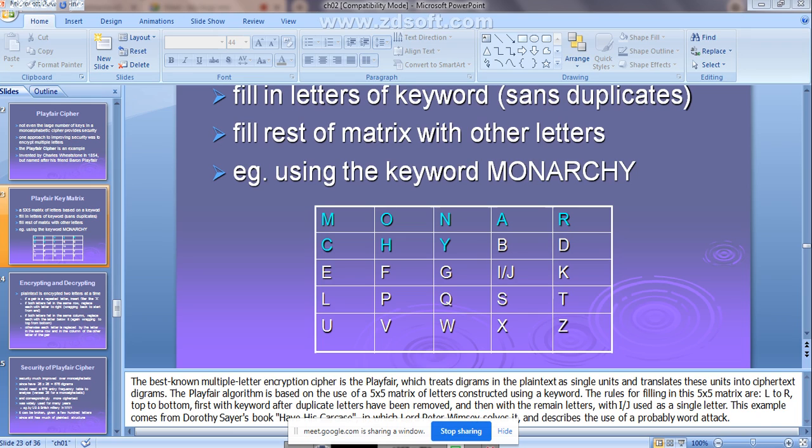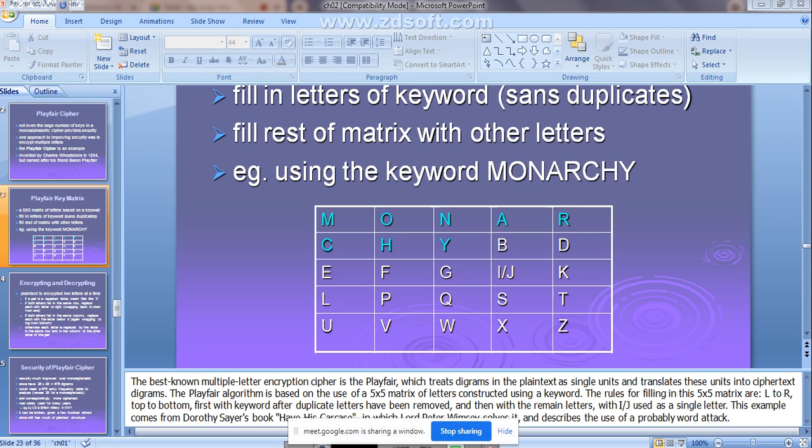At that time, according to the fourth rule, what does it tell? First, replace the first letter. What is the first letter we are considering here? H. That needs to be replaced with a letter that lies in its own row. Own row means here, see. In that own row, to this column. What is the character there?